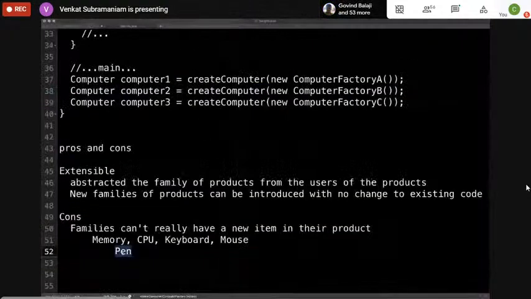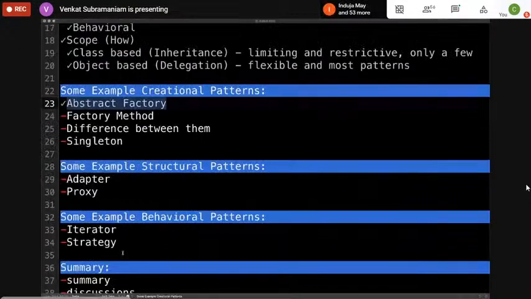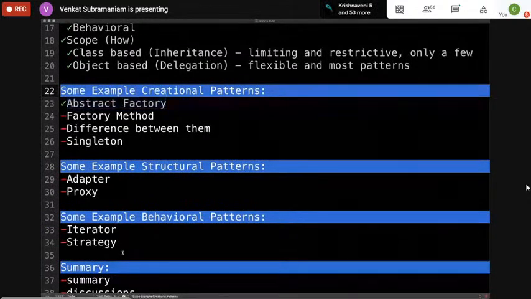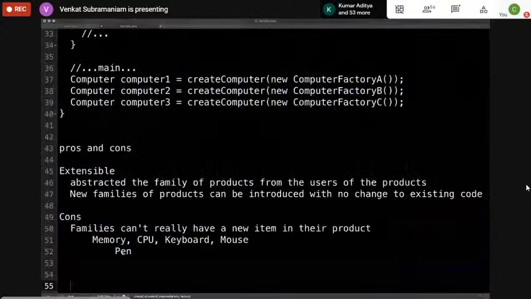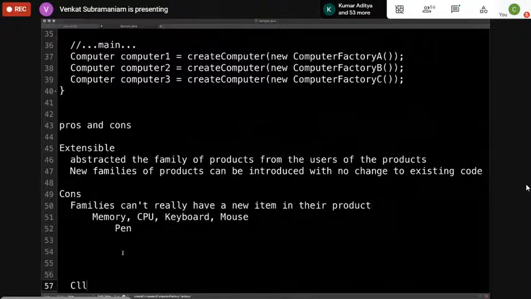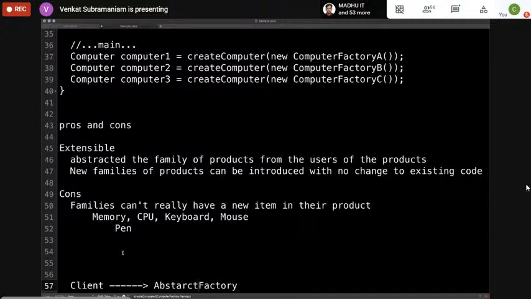And as a result, there are some pros and cons with this approach that you have to be very careful about when it comes to using this. So with that said, how do you know it's an abstract factory? I'll give you a clue. You have a client, and the client or the user is going to talk to a factory, and often this is called the abstract factory.